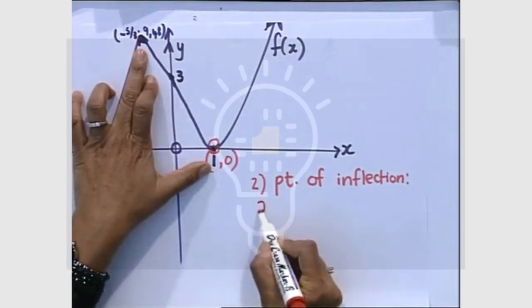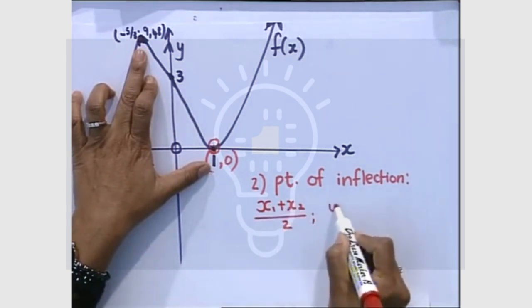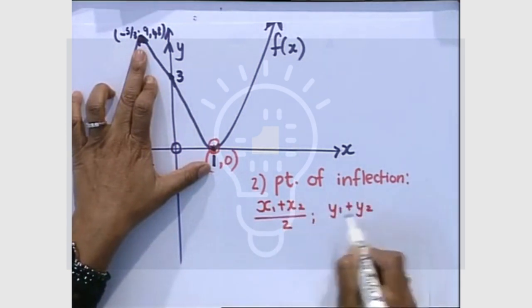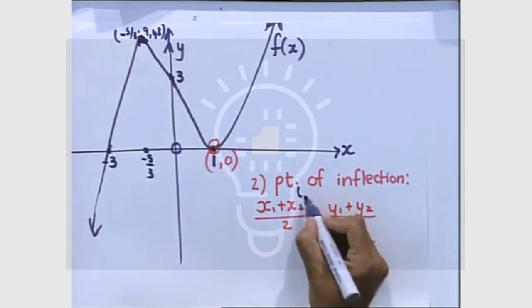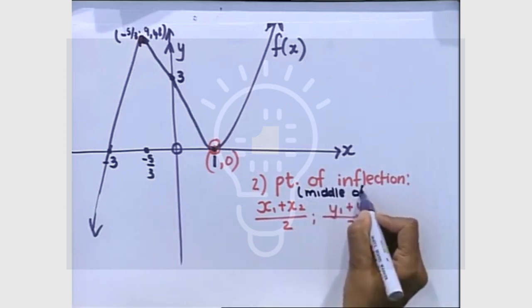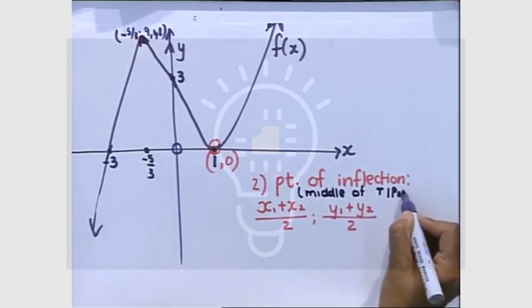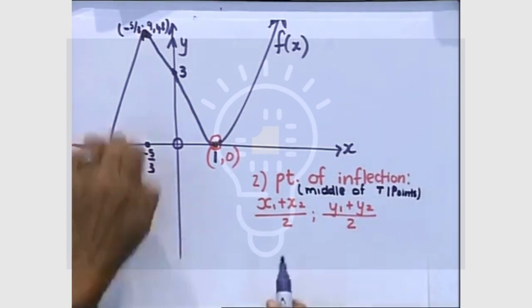Okay, what is the point of inflection? So your midpoint formula is x1 plus x2 divided by 2, y1 plus y2 divided by 2. Make a note for me. Point of inflection, it's in the middle of the turning points. So the middle is just your midpoint. So you substitute